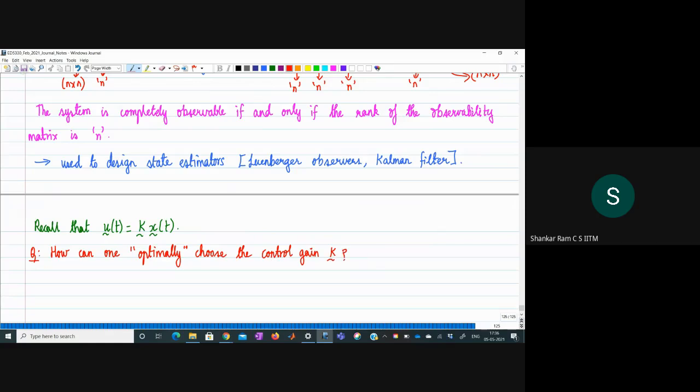Okay, so that is an important question, right? So essentially, we want to ask ourselves, amongst various full state feedback controllers that we can design, how do we figure out which is the most optimal one, right? So that's what we want to